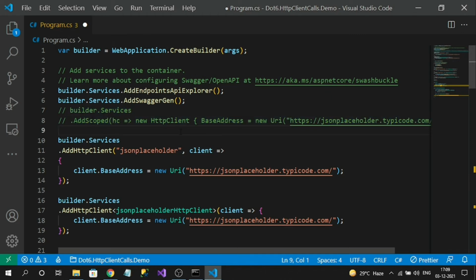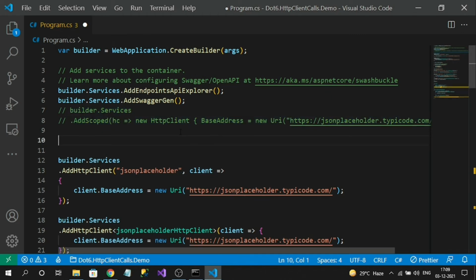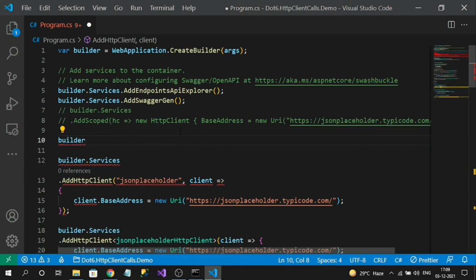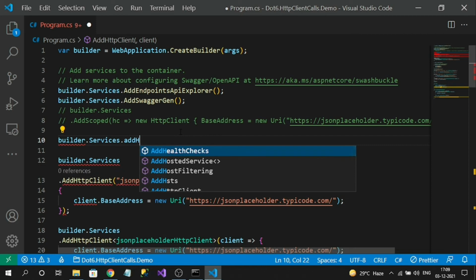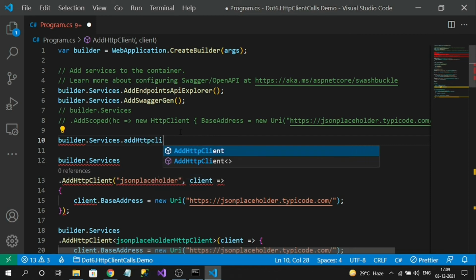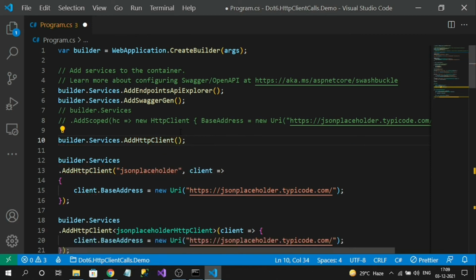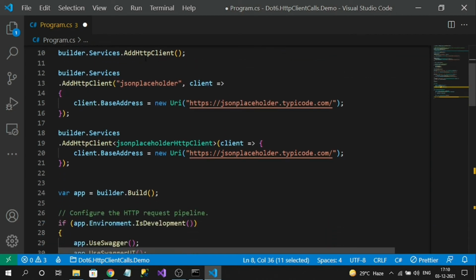So I have commented out the first technique, and I have to register a simple HTTP client service directly, that is add HTTP client. Simply I can register it like this as well. So if you observe, the first technique explicitly specifies the HTTP client, and all the remaining techniques are using the HTTP client service.